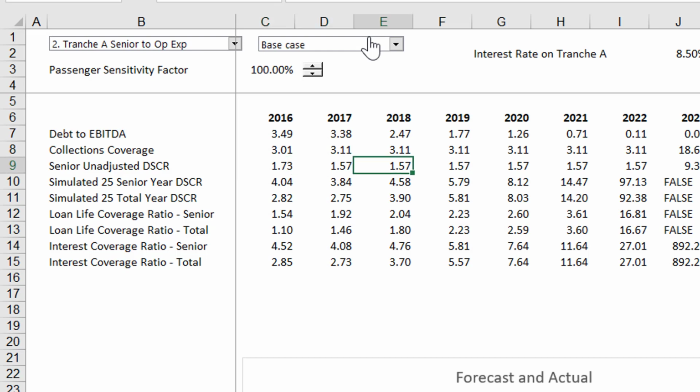And then we can have just a senior DSCR, which looks kind of low, but remember, this is a very short-term facility on a long-term asset, so it's a little bit distorted. So we could use these Fitch ones to look at a longer-term DSCR, and then we can look at the loan life coverage. And when we look at all of these, we can look at the senior. Now, we should never compute a subordinated loan life coverage. You should look at the total debt, not just the sub-debt.